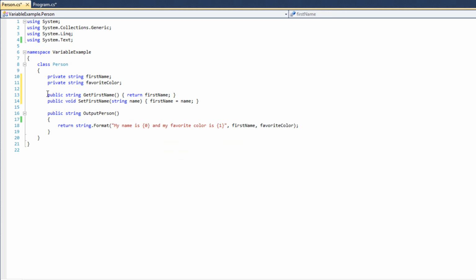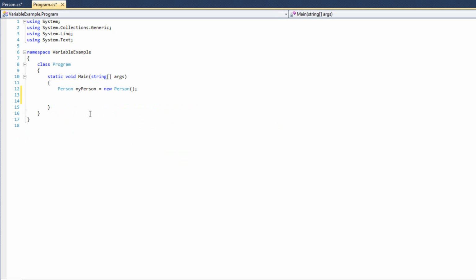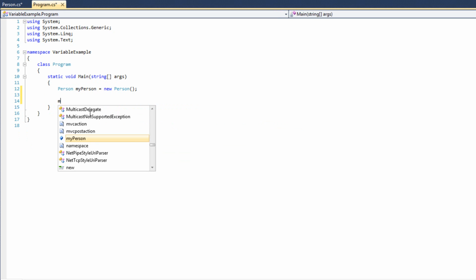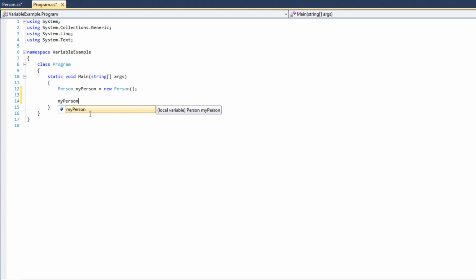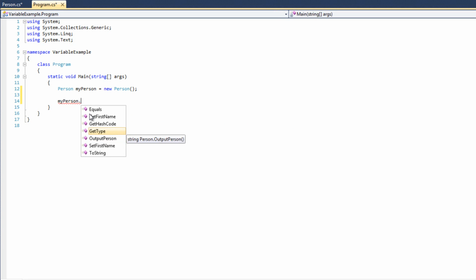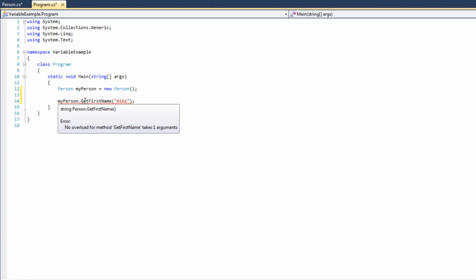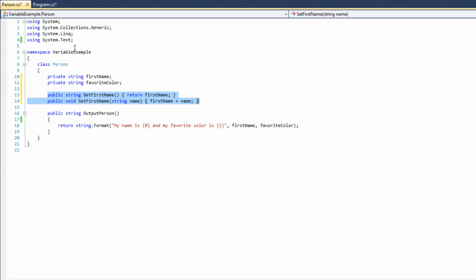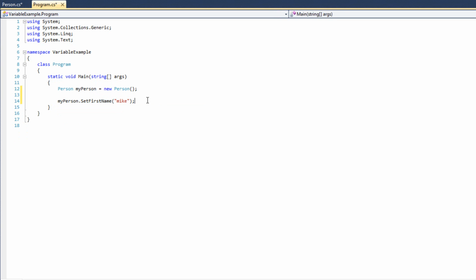Okay, so you can see here I have a get and set method now. So in my program, if I wanted to set my name equal to Mike, I do my person dot set first name Mike. I'm sorry, I typed get first name, set first name Mike. There we go. Awesome. All right, and that will allow us to set our first name and put a value into this variable. Okay, and then if we wanted to output that, we could do